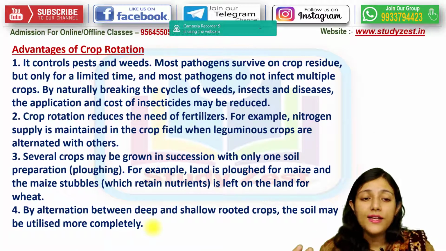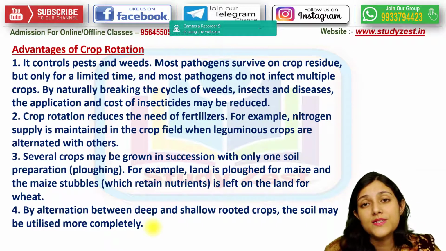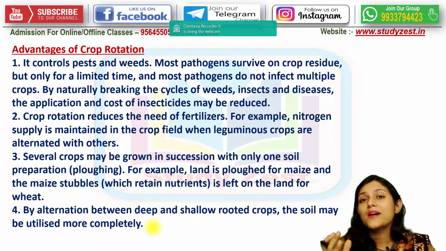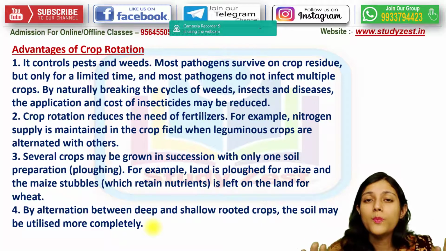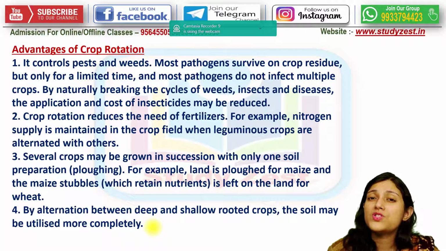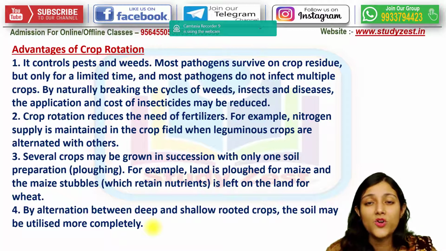Now coming to the advantages of crop rotation. Firstly, it controls the pests and weeds. This is very important because pests are foreign agents for the field. They come to the field and harm the properly growing crops. Because of that the crops get damaged, and the reason for which the cultivation has been started will be in vain. So it is very important to control the pests, and crop rotation is a very good technique in which pests can be controlled in a very good manner.